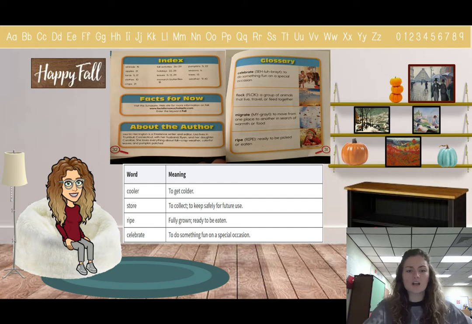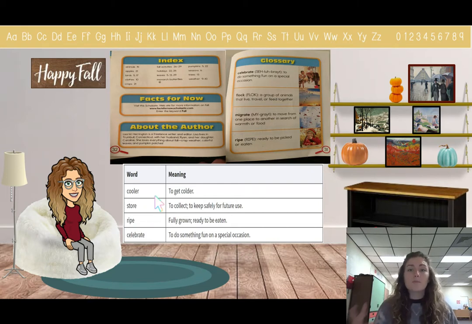What two words do we have down here from the book that are not in the glossary? Tell me in the Ed Puzzle. All right, it was cooler and store.